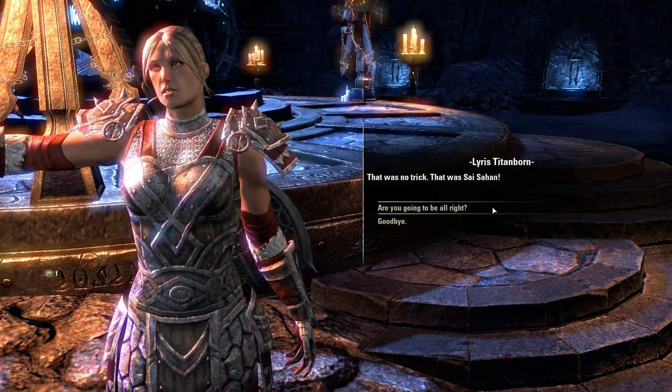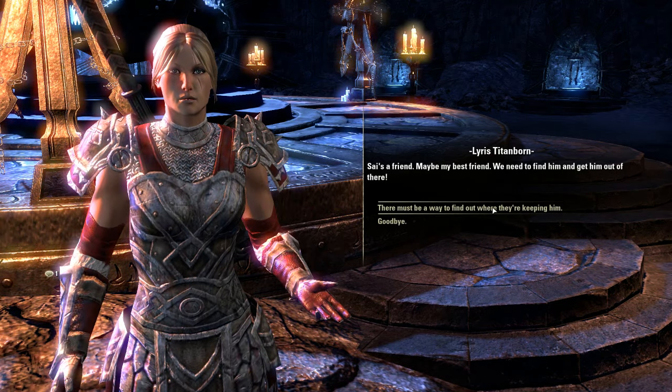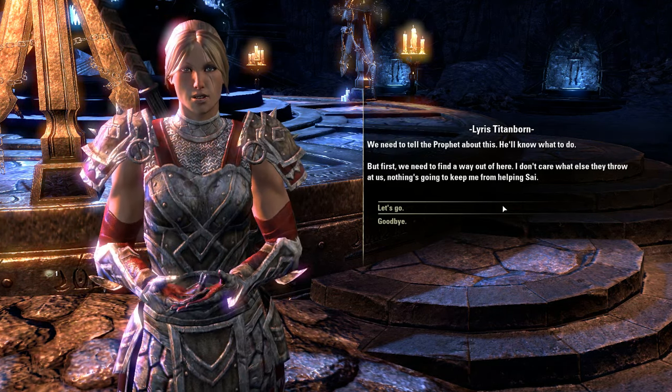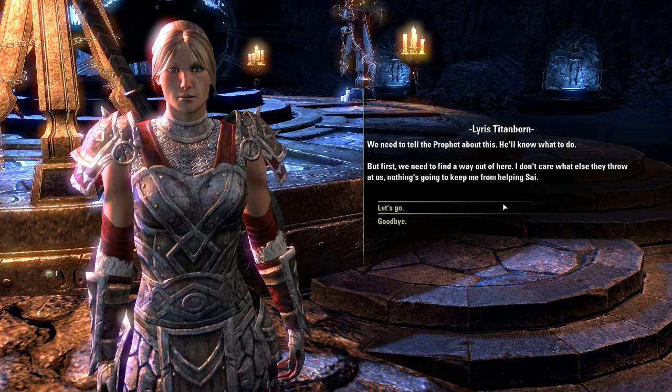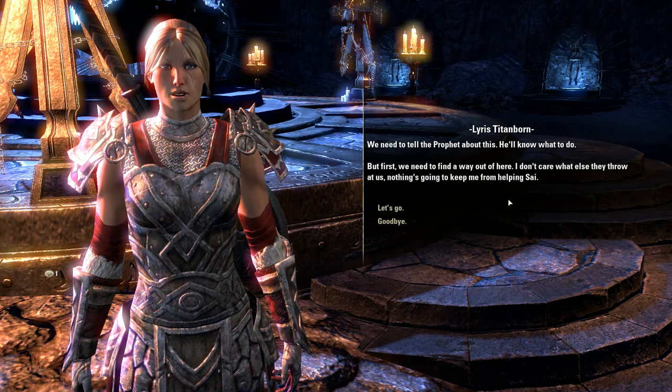That was no trick. That was Sai. Sai's a friend. Maybe my best friend. We need to find him and get him out of there. We need to tell the Prophet about this. He'll know what to do. But first, we need to find a way out of here. I don't care what else they throw at us. Nothing's...